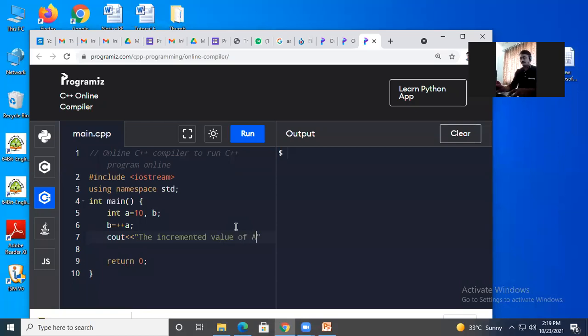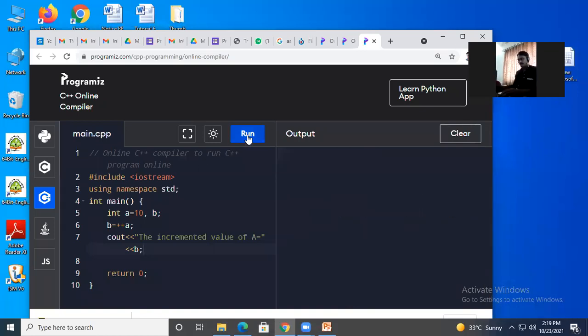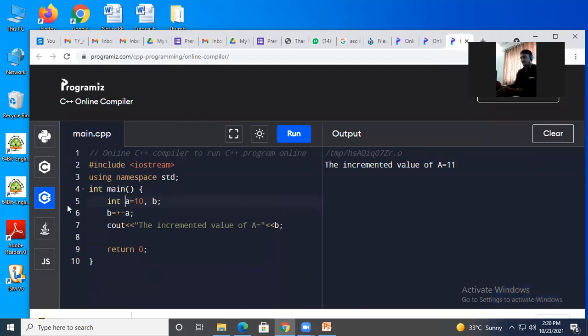Value of a equal to, value b. Oh, I forgot to put the semicolon. Okay, now check here. Is the screen visible to all? Yes, sir.